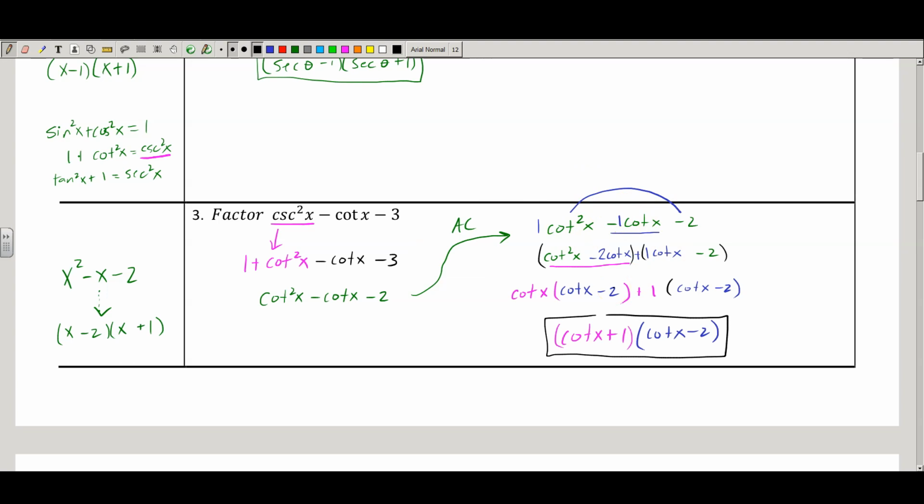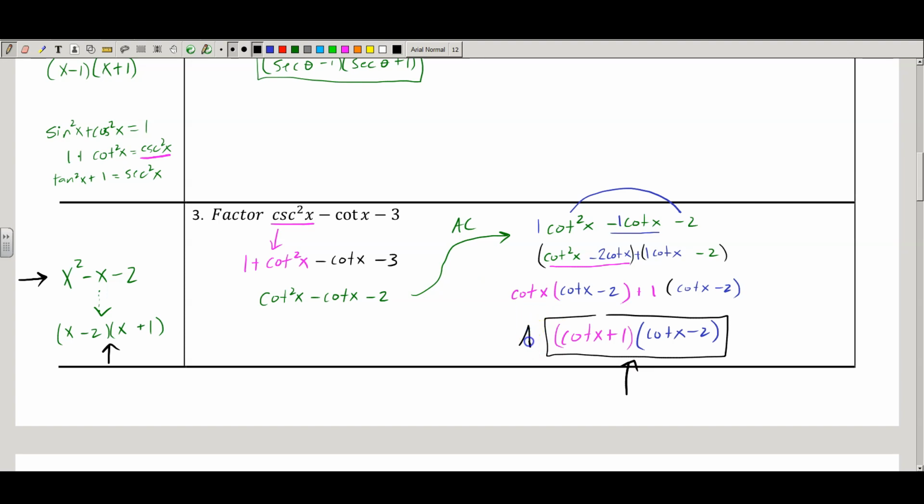Now, if you don't like actually doing the whole factoring and AC method and having to keep on writing cotangent and all that, you can just do a little substitution, kind of like what I did right here, and just rewrite that to make it simpler to factor. You can just write that as x squared minus x minus 2, and just pretend that cotangent is just an x term, factor it, and then resubstitute cotangent into this expression. You can see those are the same form, so you could do it either way,